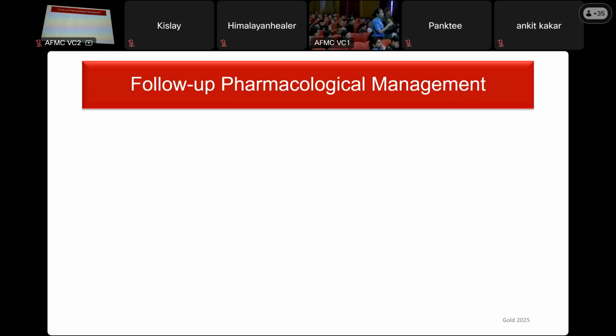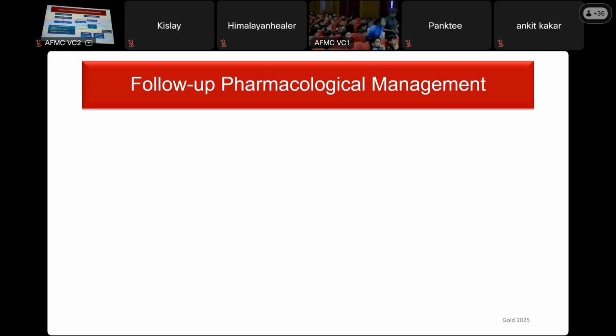So what does Group B have? Group B has more symptoms, sir, mMRC 2 or above or CAT score of 10 and above, with fewer exacerbations. Group E has exacerbations irrespective of symptom burden, sir: 2 exacerbations per year or 1 requiring hospitalization. So if the patient fits in Group A, then he will require only bronchodilator therapy, sir. Group B will be dual LABA plus LAMA therapy. In Group E, we will assess the requirement for inhaled corticosteroids, sir. Like in this case, the patient had AEC of more than 300, sir, and increased exacerbations, so we'll add that.